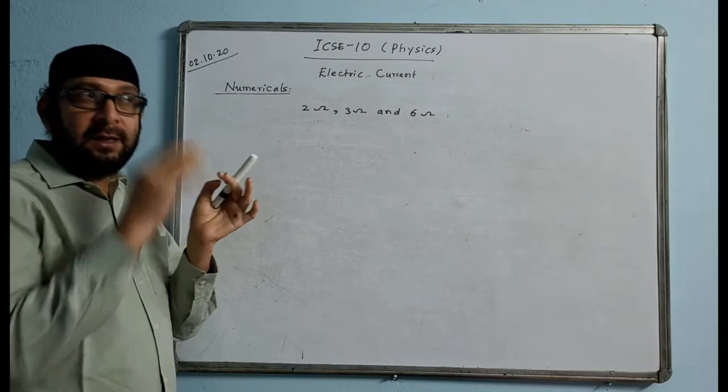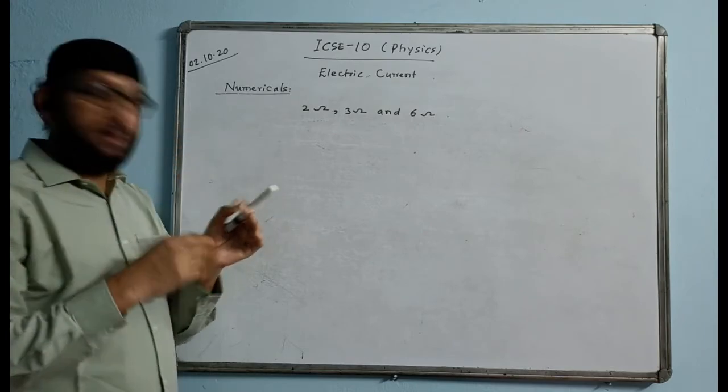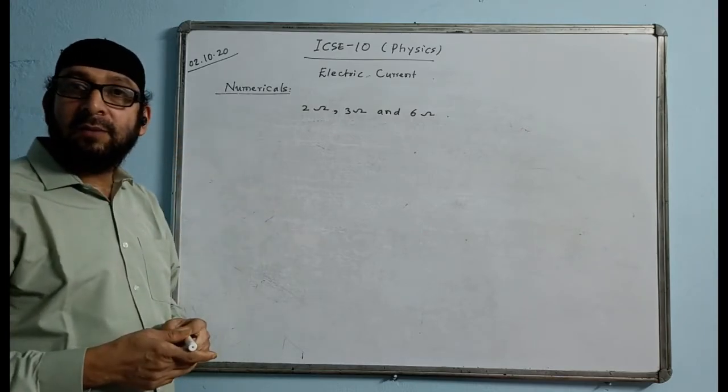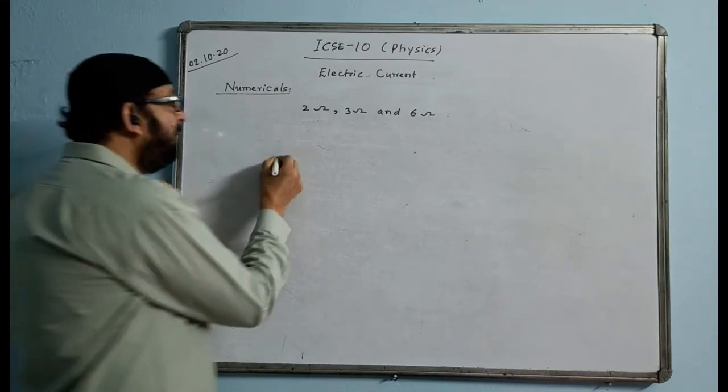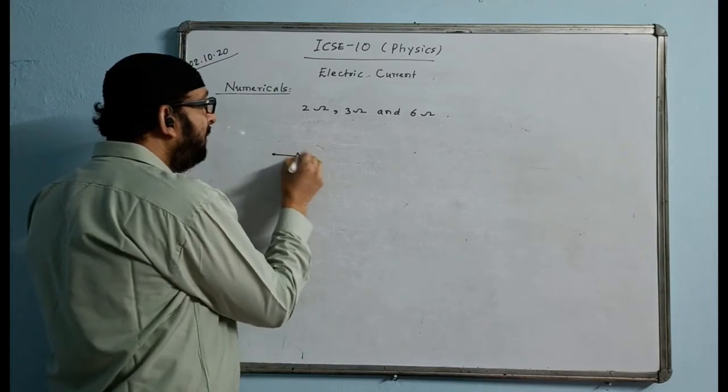That is 6 plus anything less than 2. Less than 2 can be 1 also. Then 6 plus 1, the answer will come 7, which will come in between 6 and 8. So we will be drawing the diagram. First we are planning and then we are drawing a diagram for it like this.